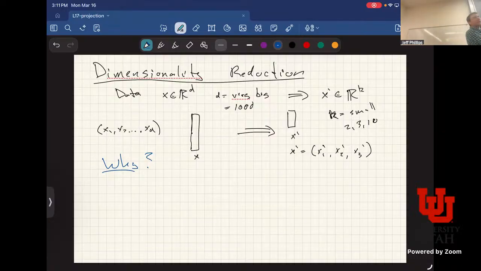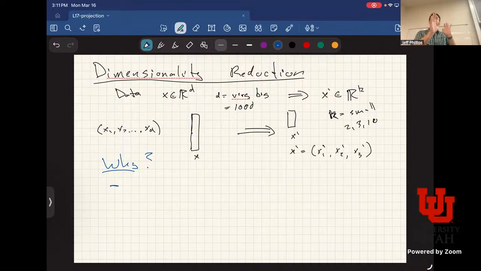So I want to start with thinking: why would I want to do this? Why would I want to map a very high dimensional vector down to a much lower dimensional vector? So what do you think? The two things that I thought: first off, it's a lot easier to work with low dimensional vectors anyway. Second, in a very high dimensional vector, it's very probable that a lot of that data doesn't apply to what we're looking at anyway. So do we always care about all 1,000 points when we only need